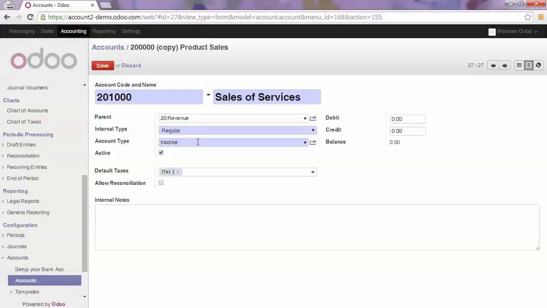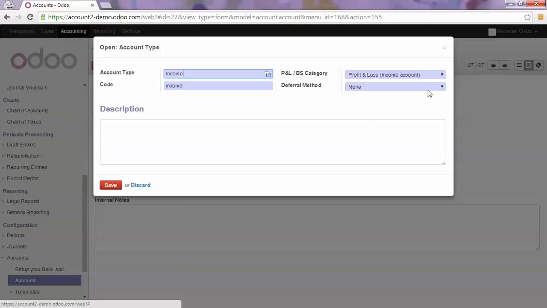The account types are variable, though, and they determine the way your closing is done. So if we check here the income account type, we open it, we see that the P&L balance sheet category is profit and loss income account, which means that this kind of account will be printed on the profit and loss reporting. The deferral method is very important and is here set to none because